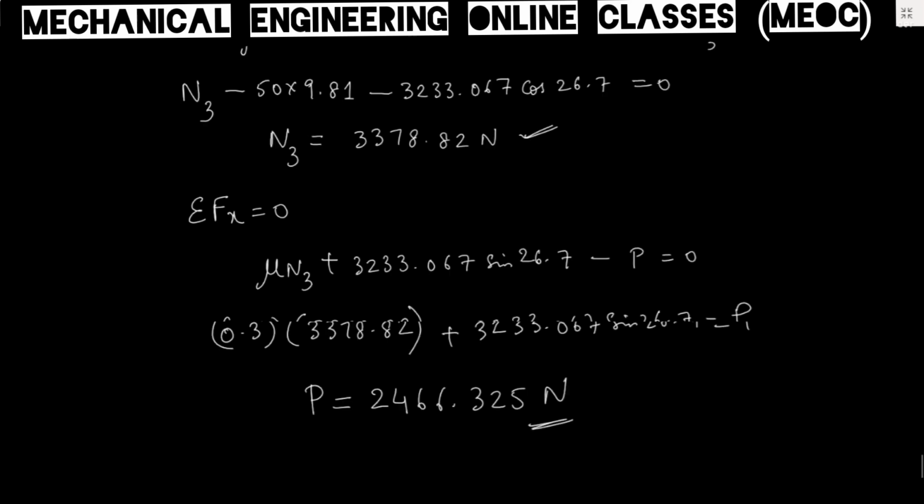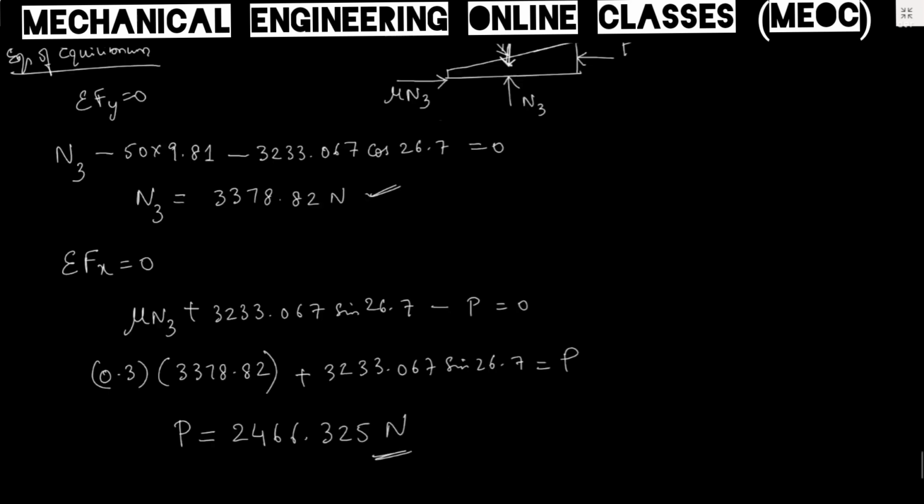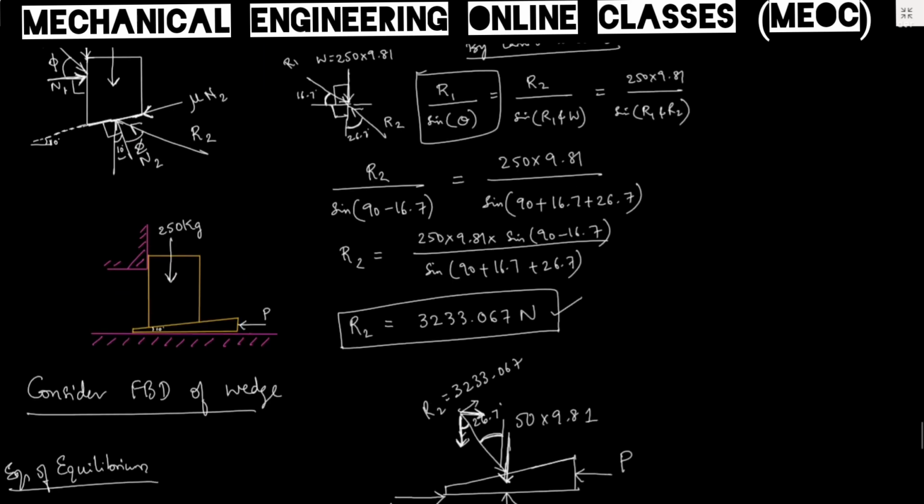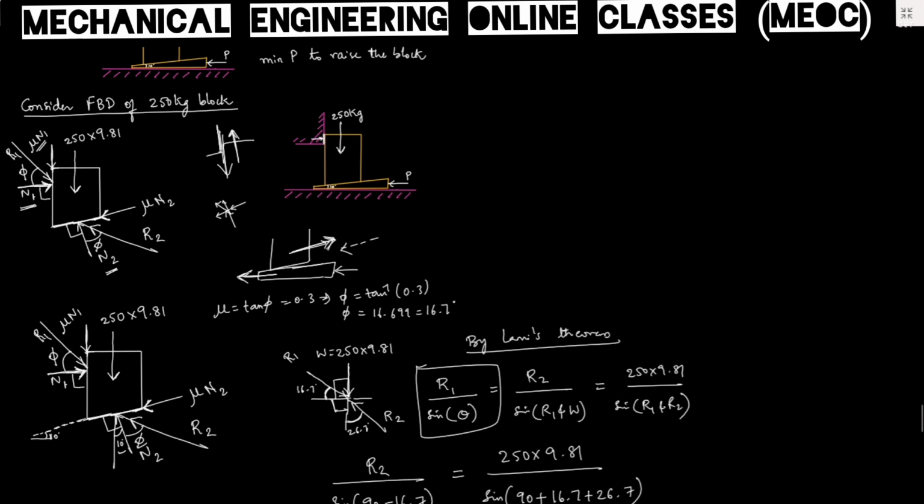So you can draw the FBD with all the due consideration of all the forces without changing the directions and line of action of force, without changing any of them. If you can draw the FBD correctly, then whether you are finding the resultant of two different forces and replacing them, or you are using all the forces as they are and applying sigma Fx equal to 0 and sigma Fy equal to 0, it doesn't make any difference. But why we have considered this is one of the advantages of using a wedge. In analyzing also it is easy.